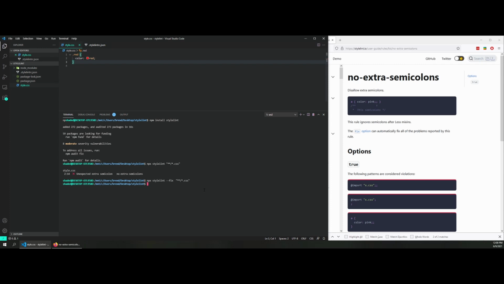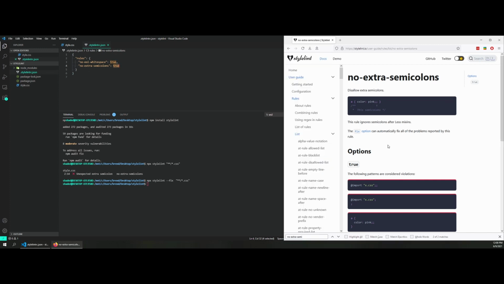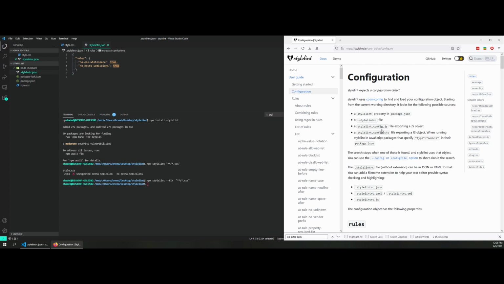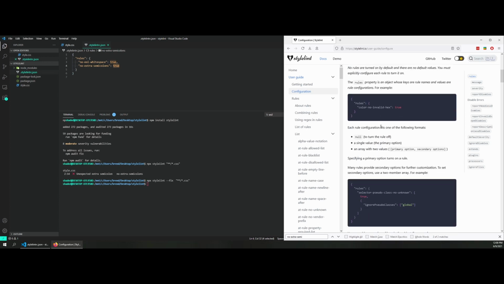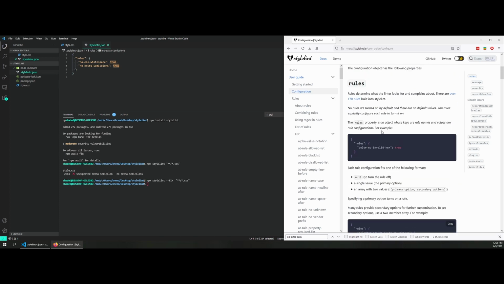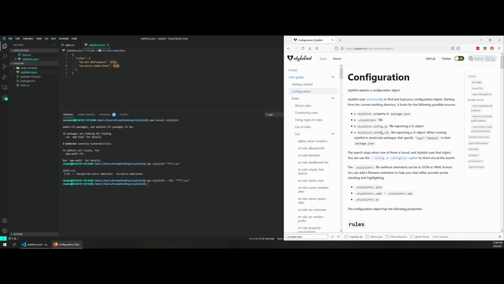So now let's say we wanted to extend this a little bit, because this is primarily used for CSS right now. We actually have the option of installing some plugins and such to allow for the ordering of properties or things that are more relevant to